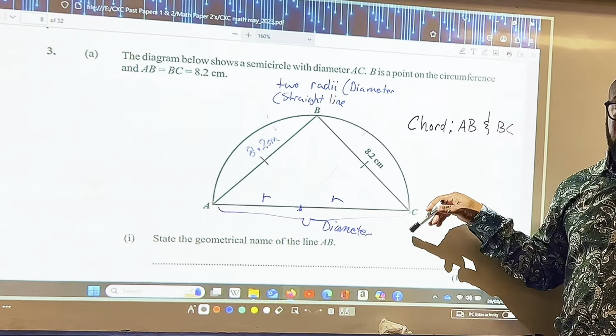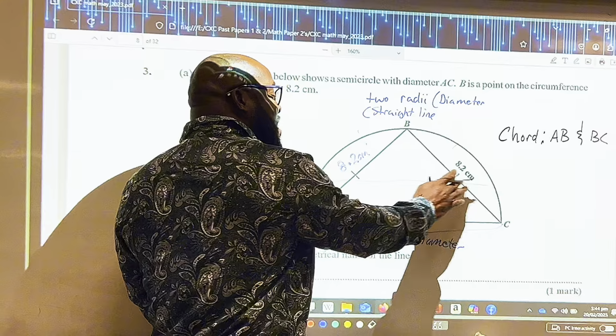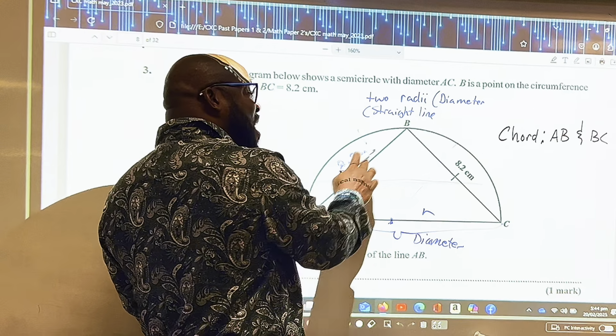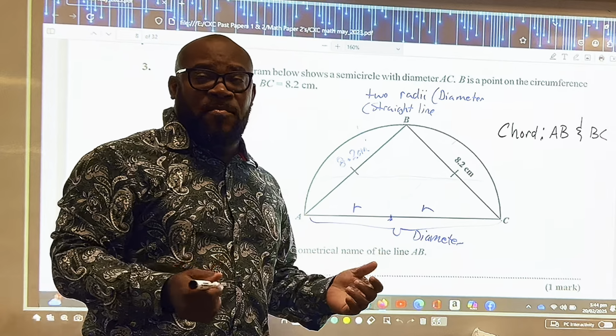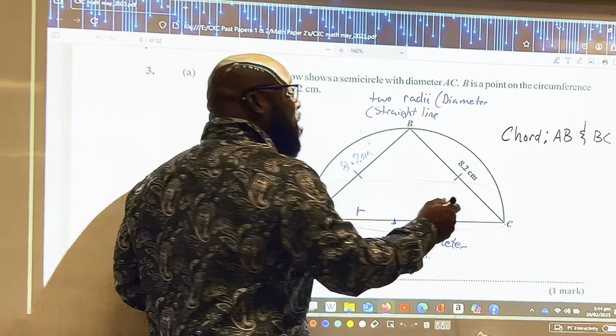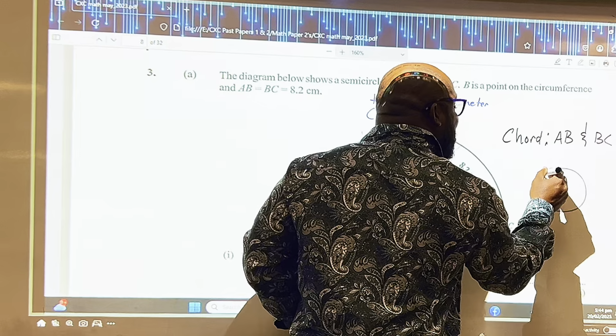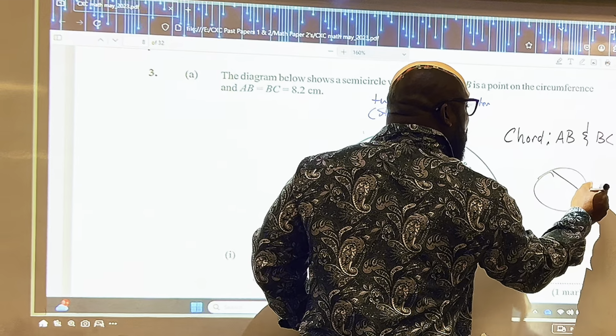But this is a chord as well. I'm going from circumference to circumference, but it's not going through the center, the middle, okay? So when a chord goes through the center, from circumference to circumference, it's called a diameter. But when it does not go through the center, it goes from anywhere on the circumference to the circumference, then it's simply a chord. A chord also cuts a circle into